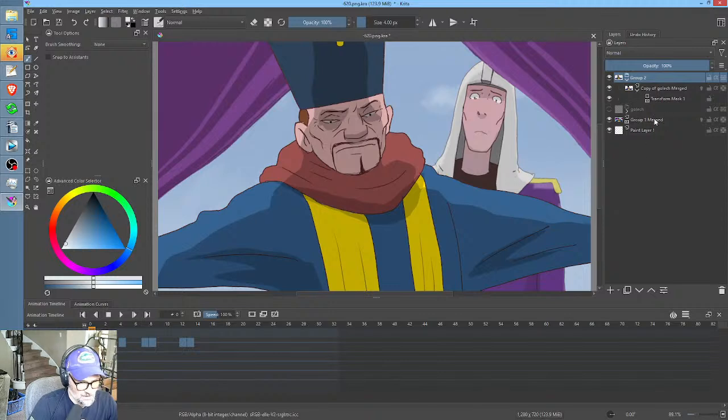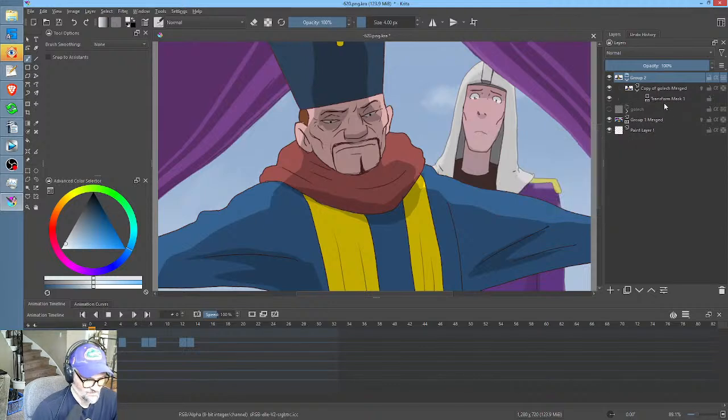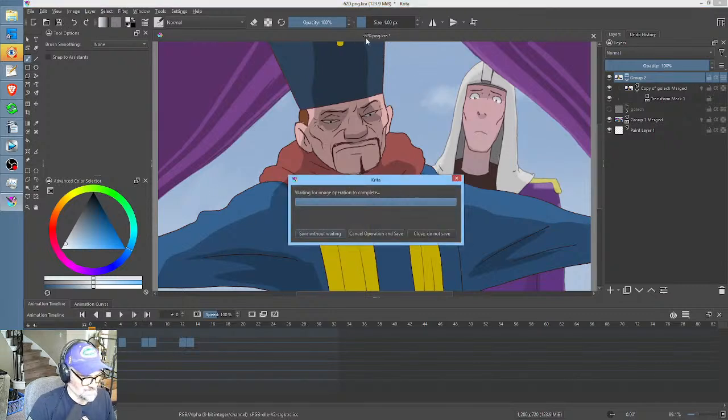But I did the same thing with the background a little bit ago, and what happened? It merged. It took almost 2 minutes to do, which is baffling. But there it is. So it's a little embarrassing because I can't get any work done, I've got to sit and wait for Krita to